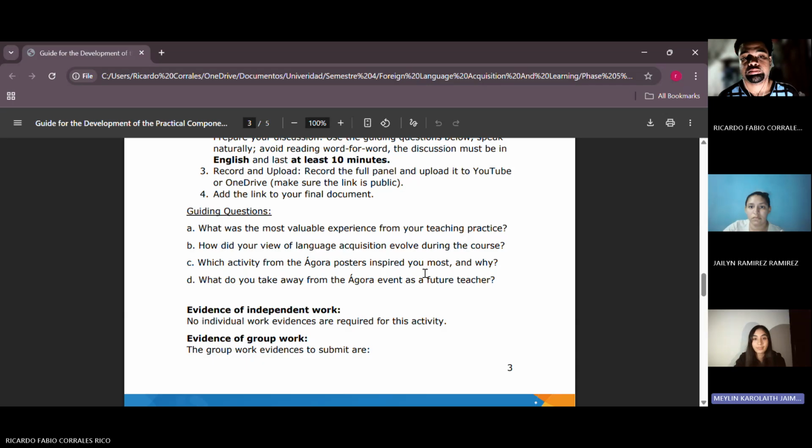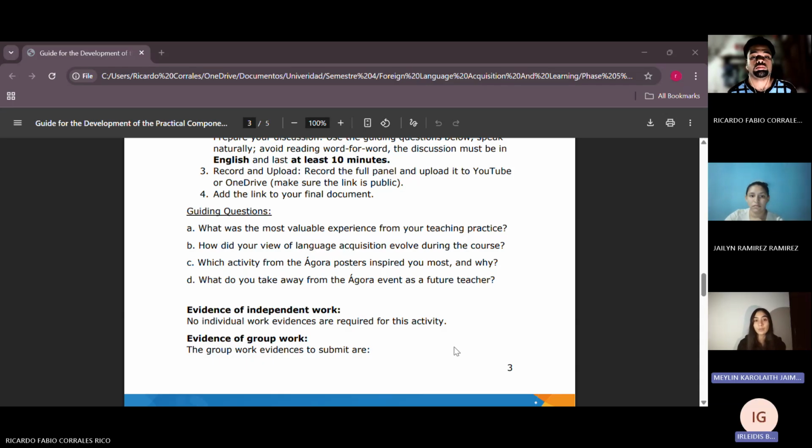Thank you, Ricardo. The most valuable experience of my teaching practice is being able to identify these dynamic features within a class, as it helps me understand the environment in terms of the attitudes and behaviors of the teachers and students. I can also learn research skills which help me to get better ideas. Let's continue. Okay, thank you, Mailing, for your answer.